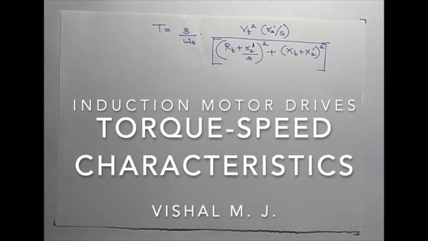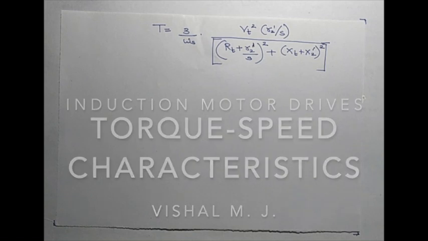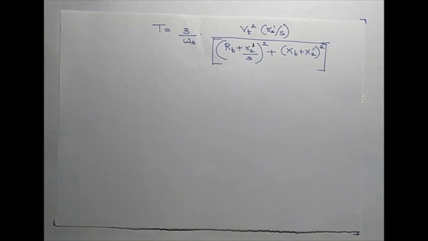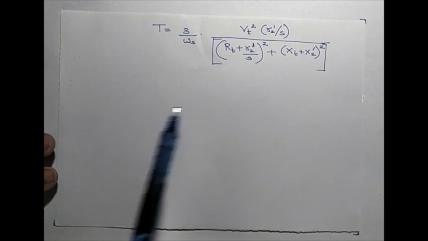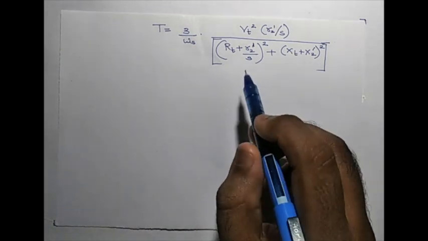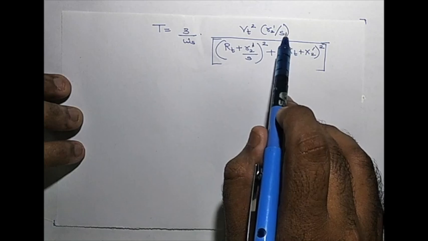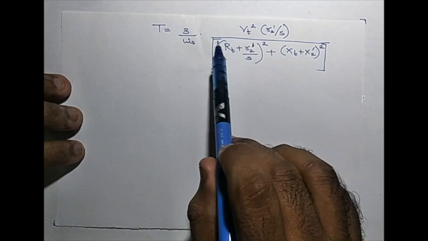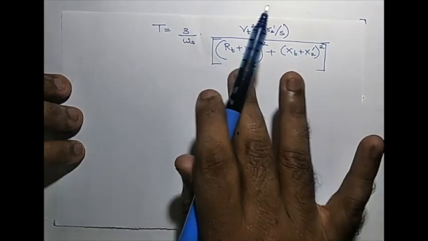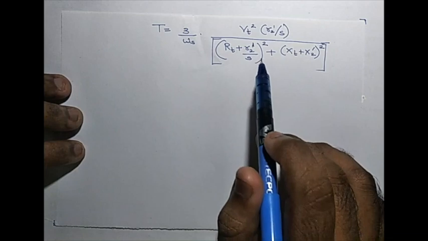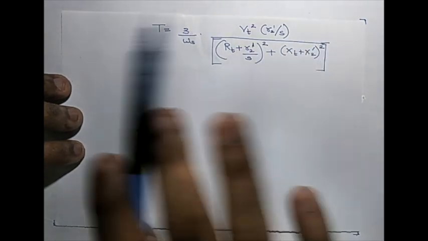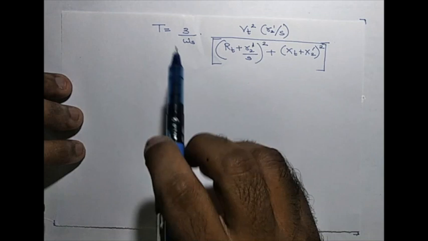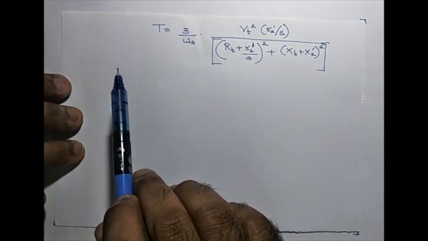Welcome back. In the last lecture we saw the basics of the induction machine, how the power gets converted into torque, and we also derived the torque-speed equation, which is not directly in terms of speed but in terms of slip. This equation is not very straightforward. If you plot this, we will get the actual curve. But from this complicated shape, we will not be able to predict the shape of the T-omega curve.